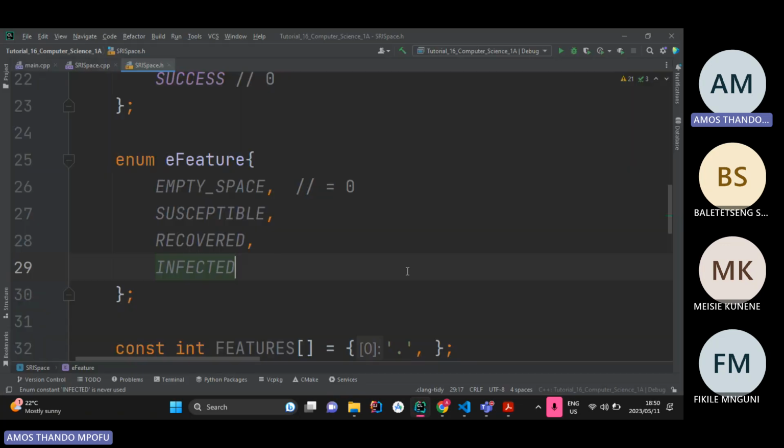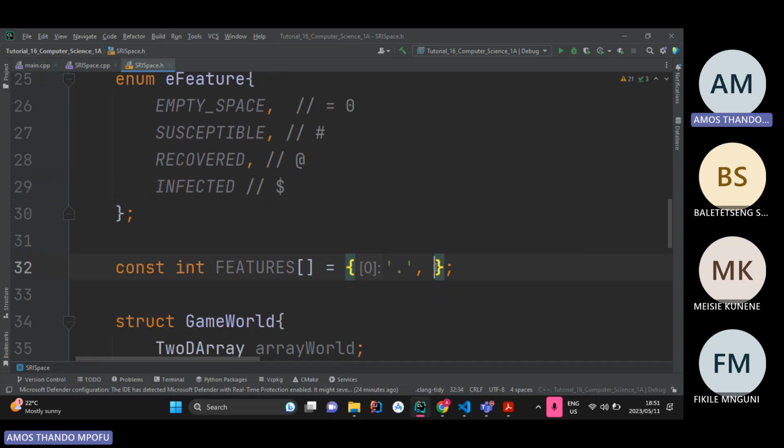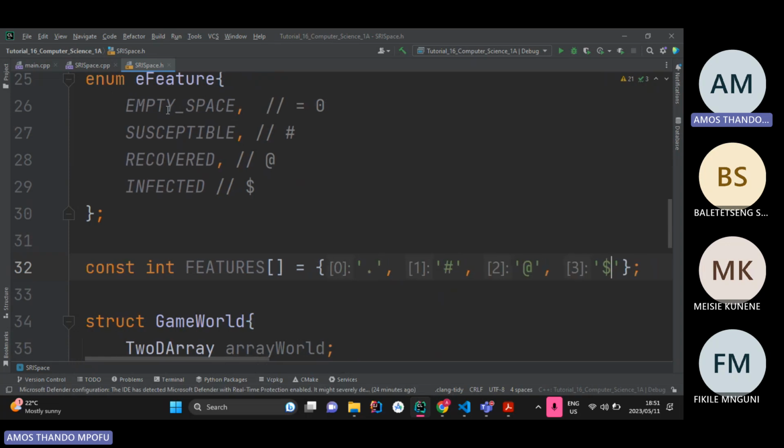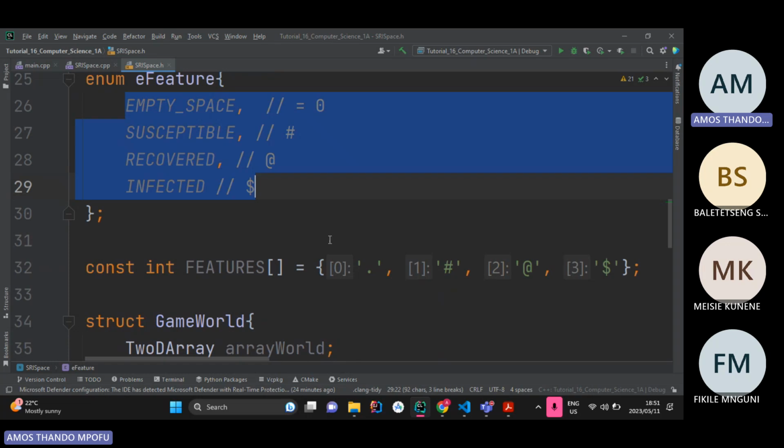Let's see, what are we going to define them as? So let me say susceptible is a hash symbol, recovered is an @ symbol, and infected is going to be a $ sign. So I'm going to say hash symbol there, @ for recovered, and the $ sign for infected, because remember the way I've structured it,